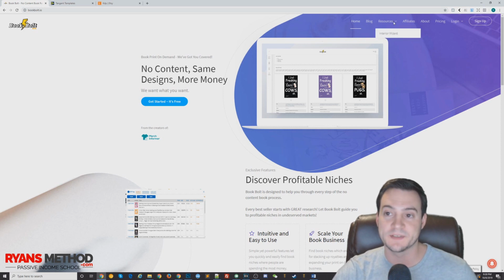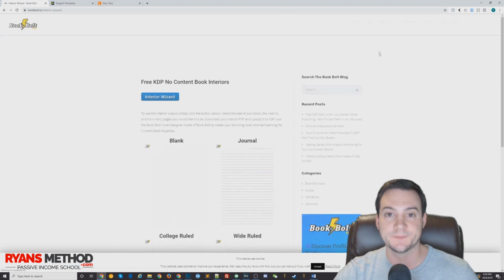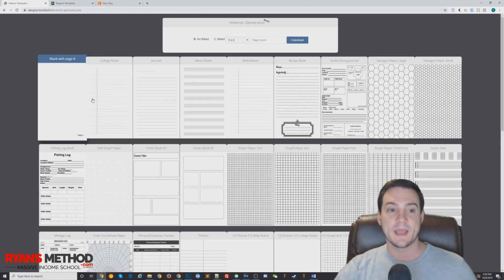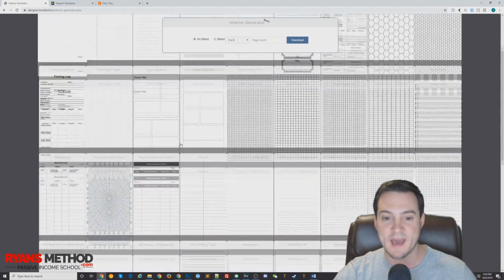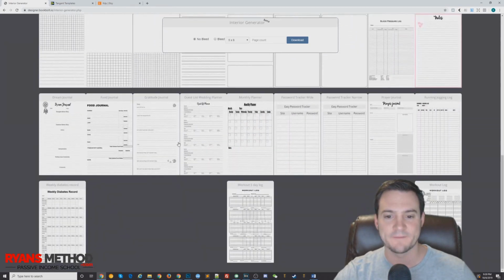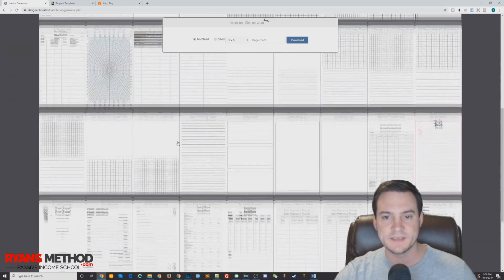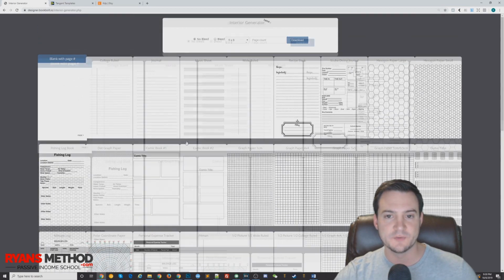So when you get here, go up to the top right corner, go to Resources, and click Interior Wizard. And then from here, it says free, and it is. I'm not logged in. You don't need to log in. Just click the Interior Wizard button, and boom, here we are. I think they have, I counted earlier today, they should have something like 48 interiors listed here. So I'm going to zoom in just a little bit,